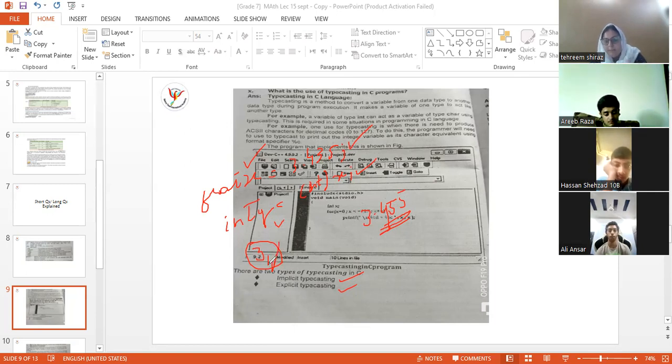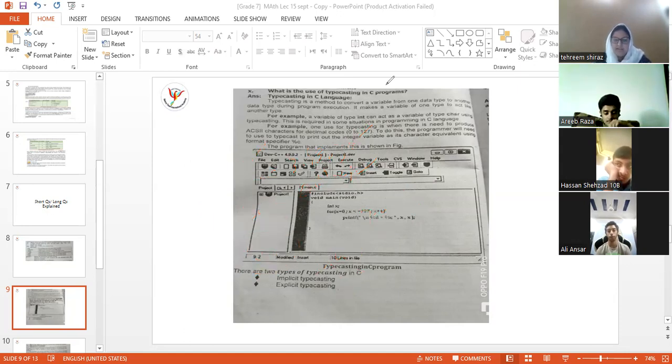When the compiler does this, there is no loss of information, but when we are doing this, there is a loss of information. 3.455 converted from float to int will become only 3. There is a difference of 0.455, right? So this is the explicit type of